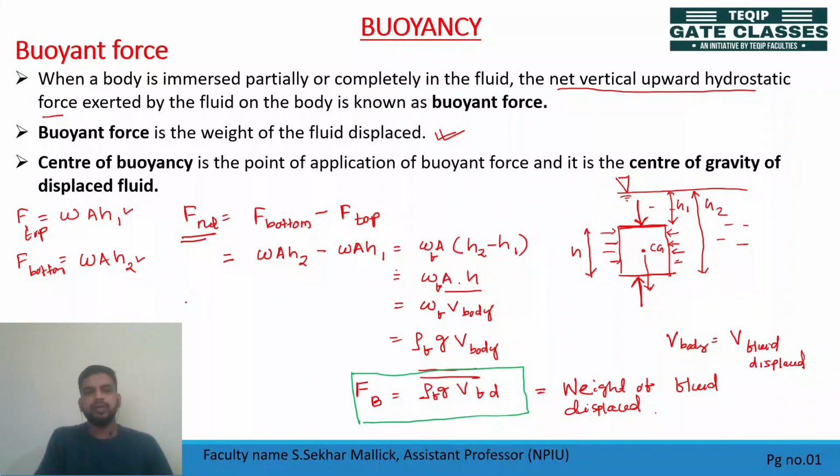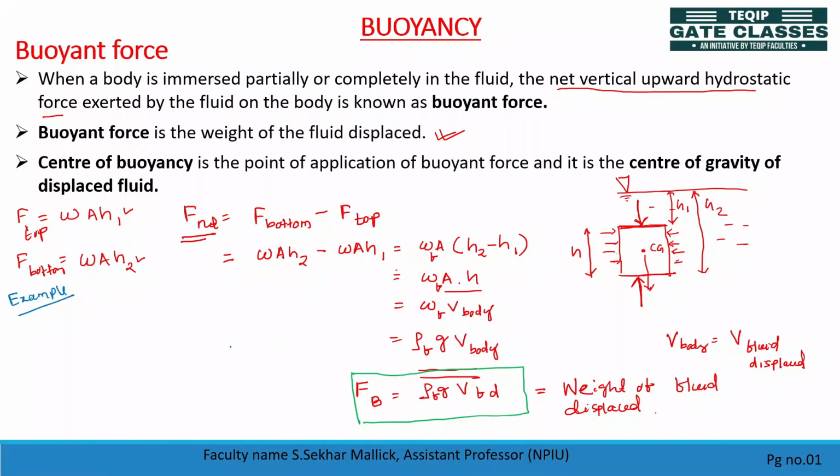Okay, so let's take one more example. Tell me one thing, I have the same volume of iron block, aluminium block and plastic block. Their volume is equal. Now we are placing these blocks on the water surface: iron block, aluminium block and plastic block. Now tell me, in which case will the buoyant force be more?